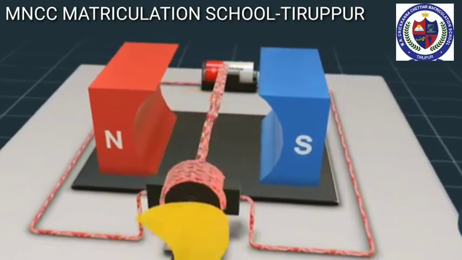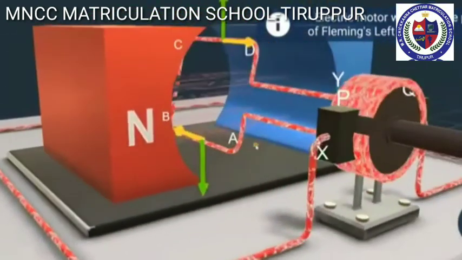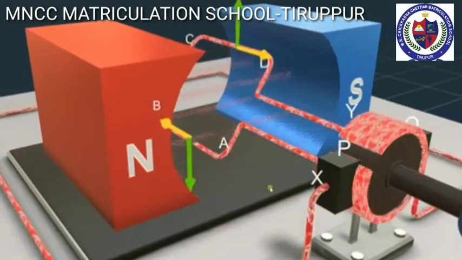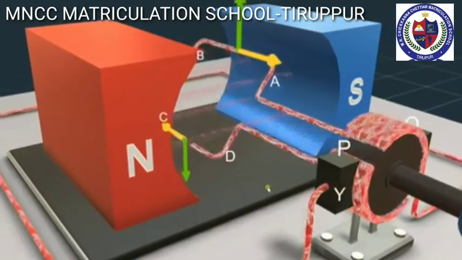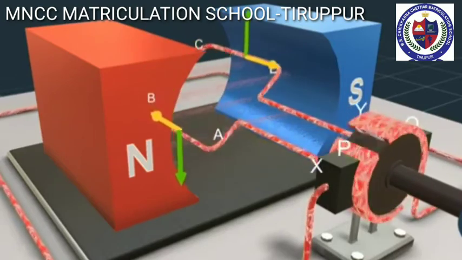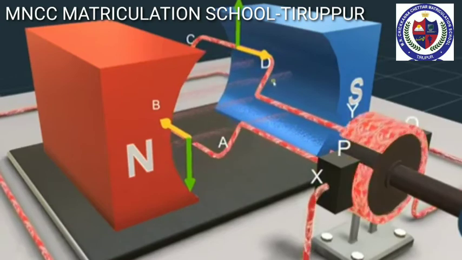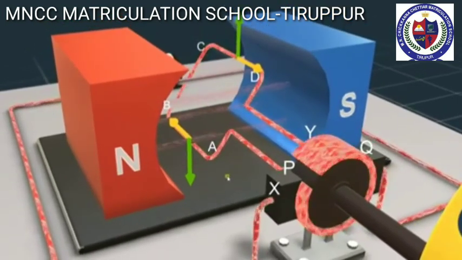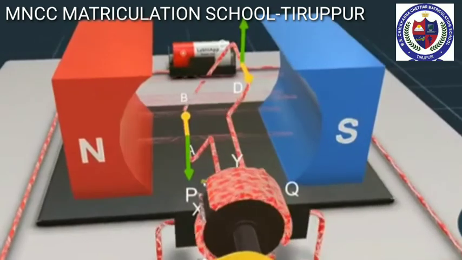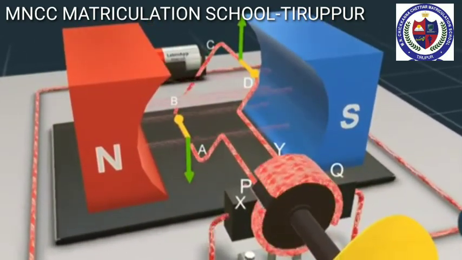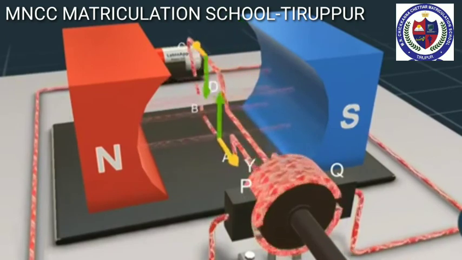If the current flow is along the line ABCD, then the coil will rotate in clockwise direction first and then in anti-clockwise direction. If we want to make the coil rotate in one direction, say clockwise, then the direction of the current should be along ABCD in the first half of the rotation and along DCBA in the second half of the rotation. To change the direction of current, a small device called a split ring commutator is used.